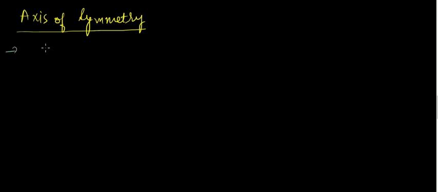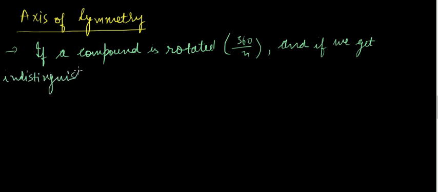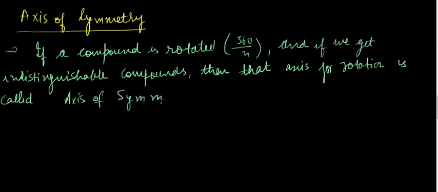Okay, so let me write it down formally. If a compound is rotated by 360 by n, where n is a number ranging from 2, and if we get indistinguishable compounds, then the axis through which we rotated, that axis for rotation is called axis of symmetry. Okay,